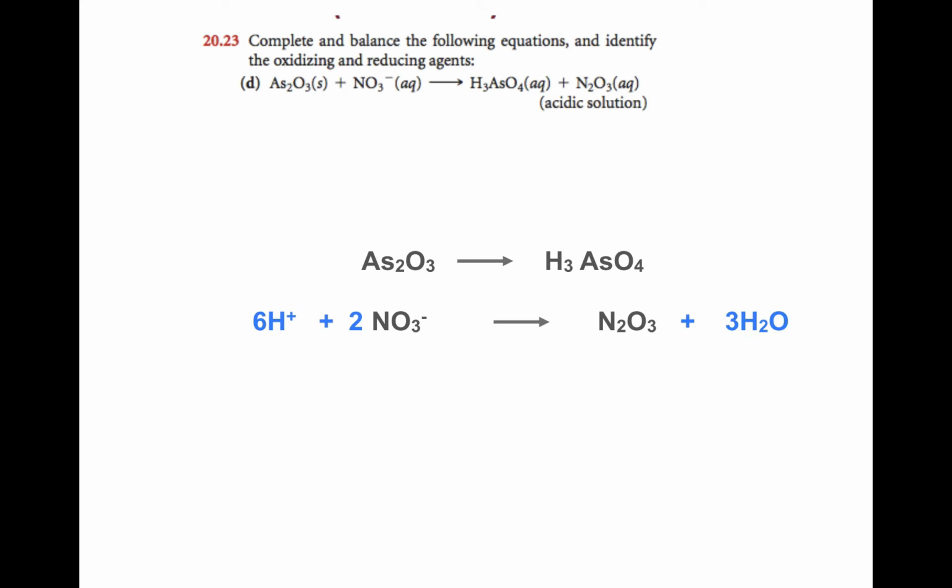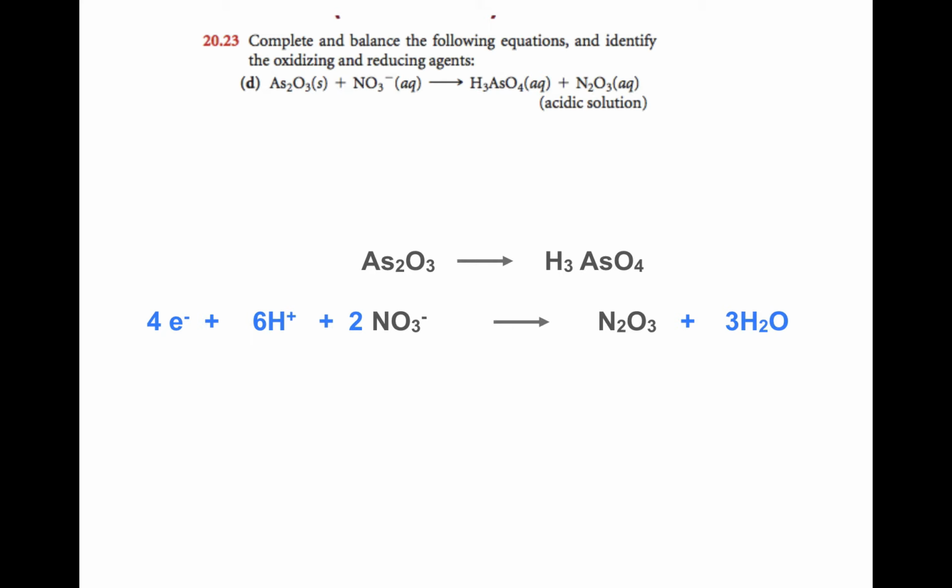D, same thing, right? Split up into 2 half reactions. Balance everything except for O and H. Balance the O's adding waters. Balance the H's adding H pluses. Balance the charge by adding electrons. Again, so there's no charge on the product side. So if I add 4 electrons to the reactant side, 6 H pluses and 6 negatives cancel. I go up to the